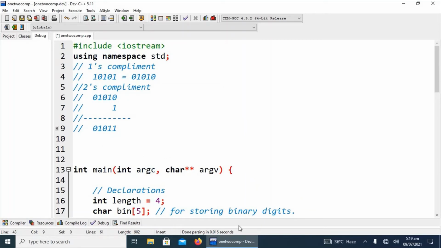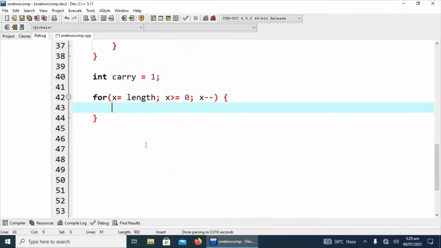What is the logic behind this? While taking 1's complement, we can start from index 0 or the last index, it doesn't matter. But when we are computing 2's complement, the binary digit is added on the right hand side, so we will have to start from the last index.